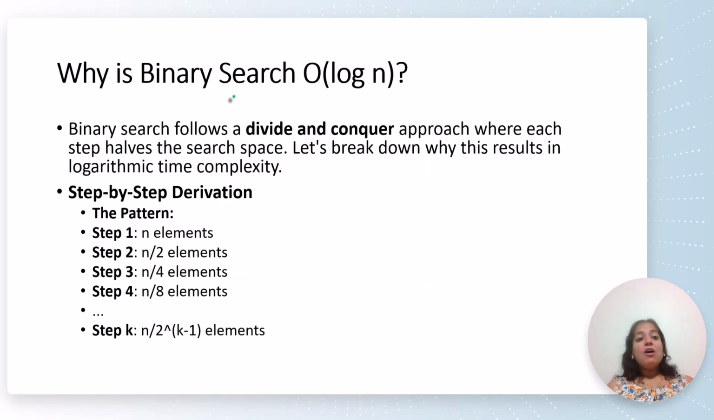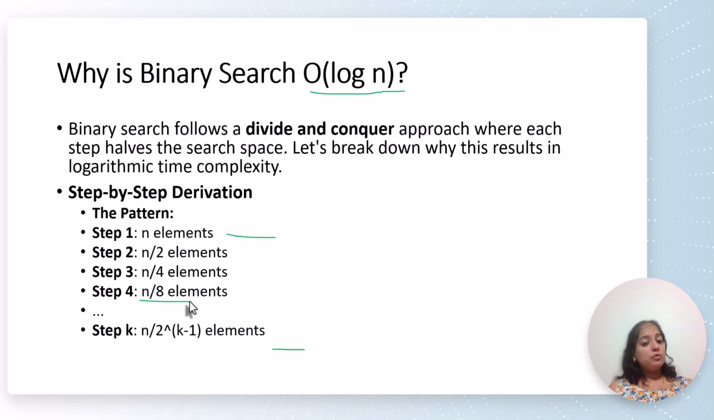Now, if you are wondering why binary search is big O of log n, look, binary search follows a divide and conquer approach, right? In which at every step we are dividing the search space into halves. So at step 1 there are n elements. At step 2 there are n by 2 elements because we discard half of the array. Then at step 3 we take half of n by 2 which becomes n by 4. Then at step 4 n over 8 elements because it is half of n over 4,